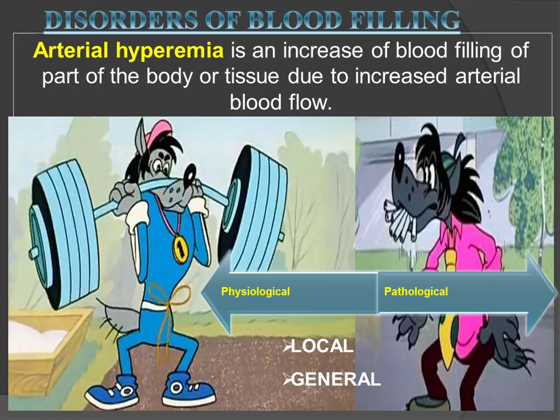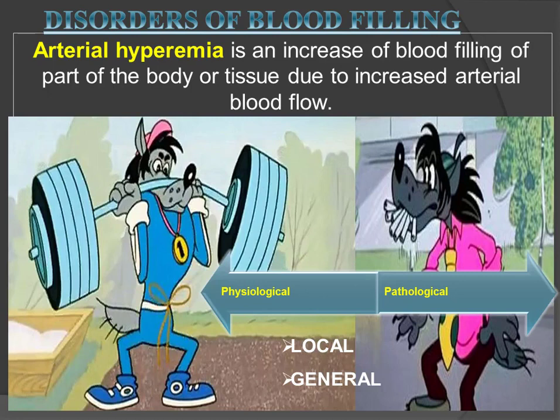Arterial hyperemia is an increased blood filling of the tissue due to increased arterial blood flow. Arterial hyperemia is divided into general and local, as well as into physiological and pathological. The most common causes of particular types of arterial hyperemia are the following: the general arterial hyperemia due to decompression, this total vacuum hyperemia, due to the increased volume of circulating blood, plethora, or increased number of RBCs,